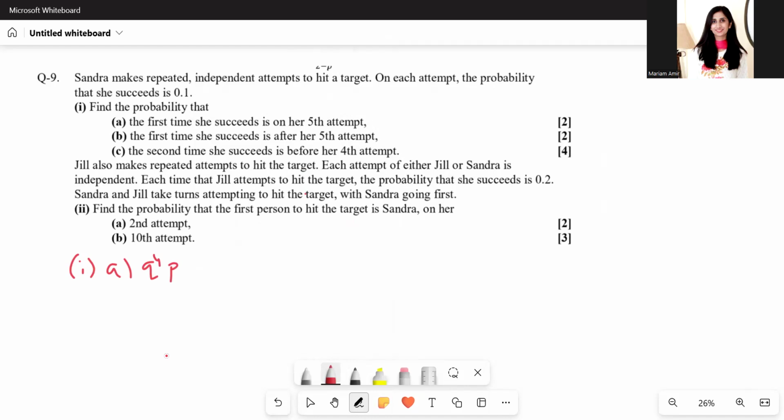Probability of success is 0.1, and probability of failure is 0.9 for Sandra. So we'll write 0.9 power 4 times 0.1,